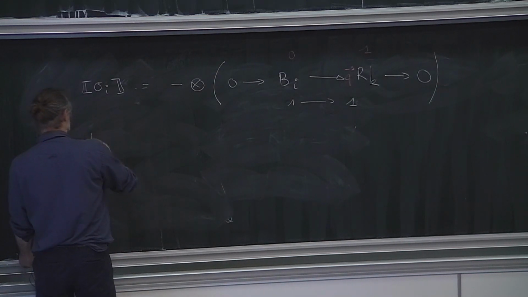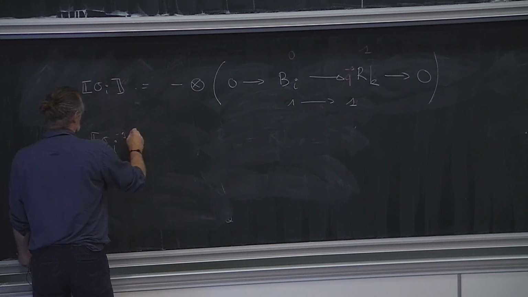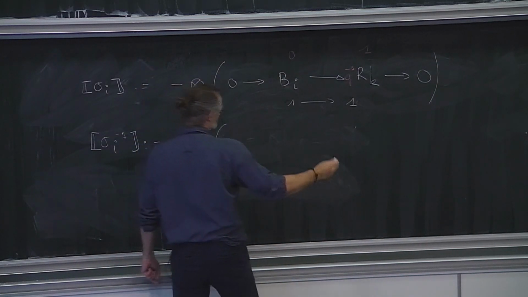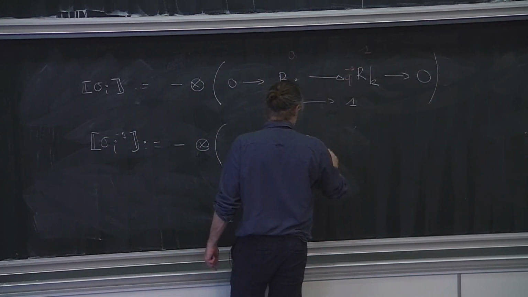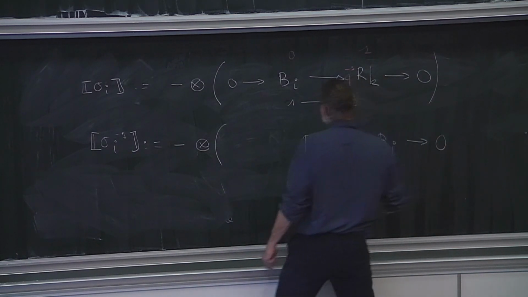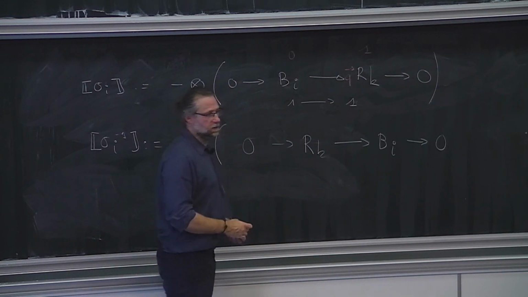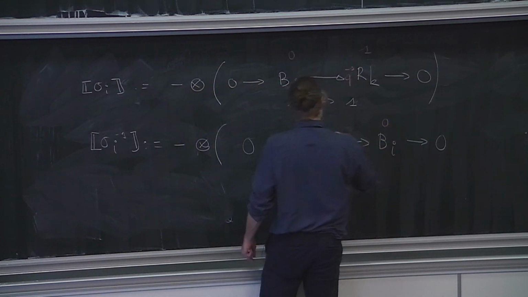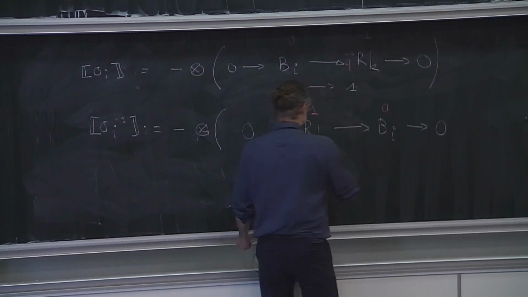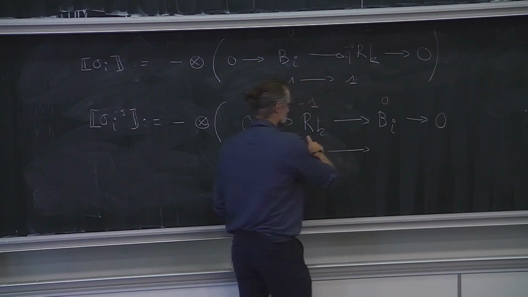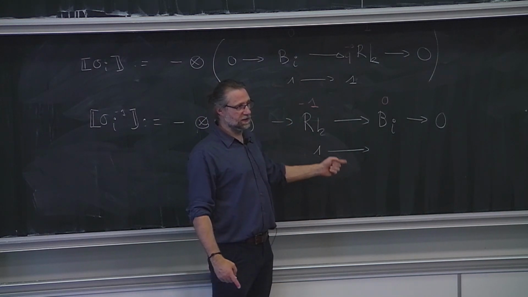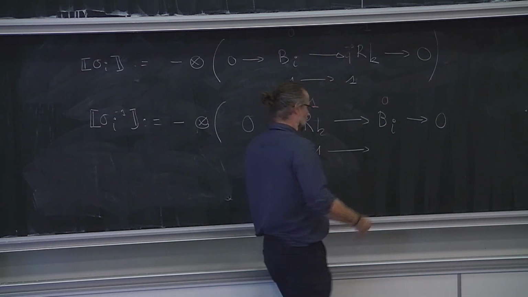I will define sigma inverse, which by definition is the tensor product of a complex which goes the other way around. So Rk goes to Bi, goes to 0, goes to 0. This is in degree 0, and this is in degree minus 1. I have to tell you what the map is. Remember, this is a free bimodule generated by 1. I just have to tell you where 1 goes. If I tell you where 1 goes, then I'll tell you what the map is. And I'm sending